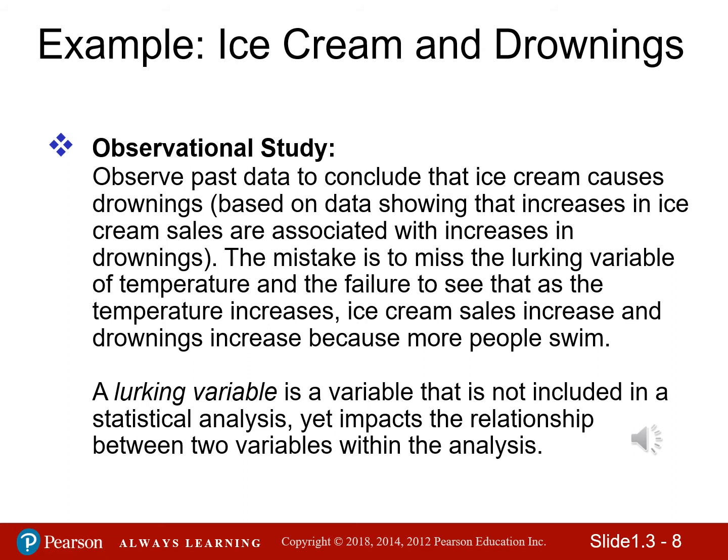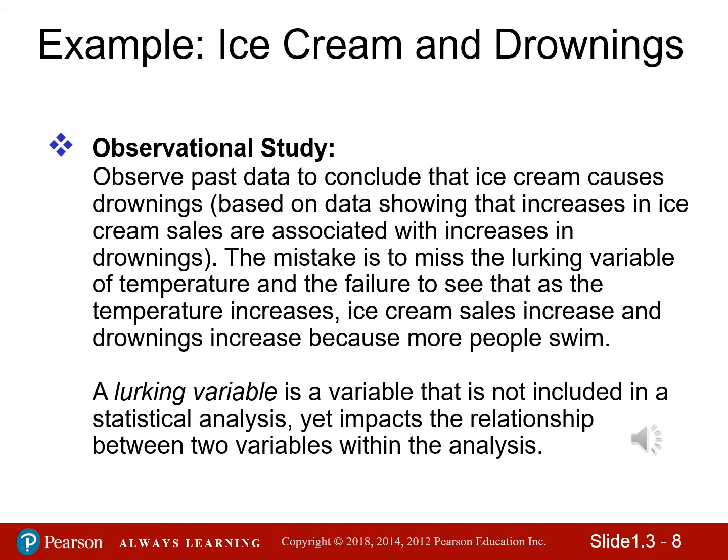Let's say a researcher observes past data and comes to the conclusion that ice cream causes drowning, based on the data that shows that increases in ice cream sales are associated with increases in drowning. The mistake here is to ignore the lurking variable of temperature and the failure to see that as temperatures increase, ice cream sales also increase, while at the same time more people go swimming,